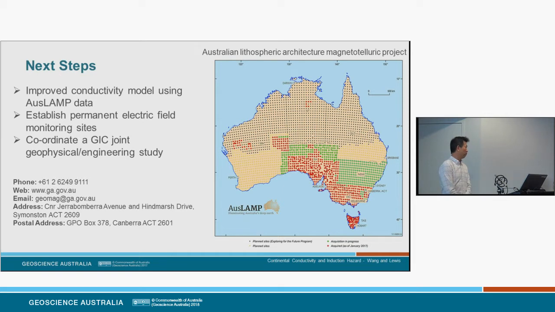Thanks, Liejun. So questions from the floor? The front here. Just one question. I noticed you had maps of our man-made conductors that we've got strung around the country. We've got pipelines and wires. There's another network which is very extensive and very good conductors, is railways. I can see the less hazard from currents in the rail lines, although they are used in signalling, but also does this distort your measured data at all?